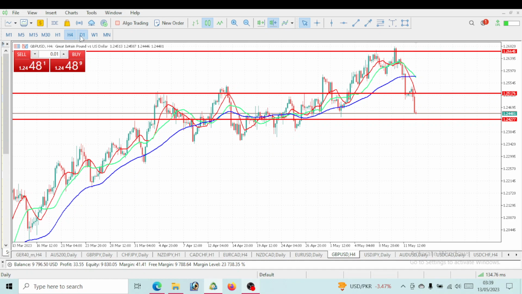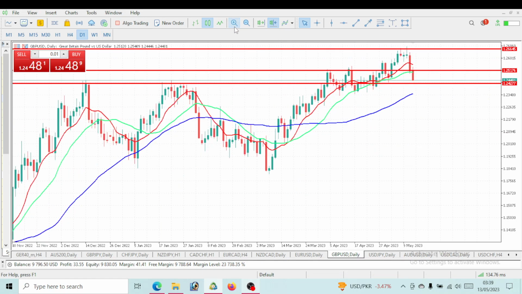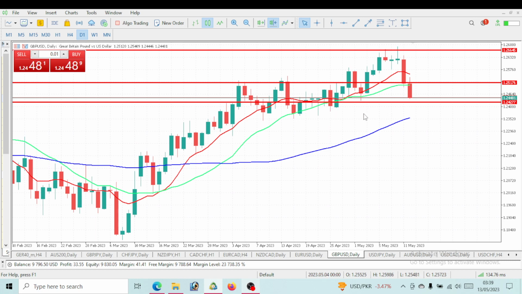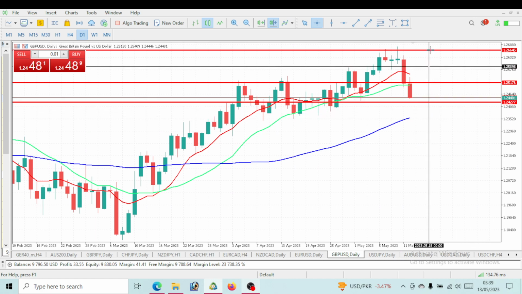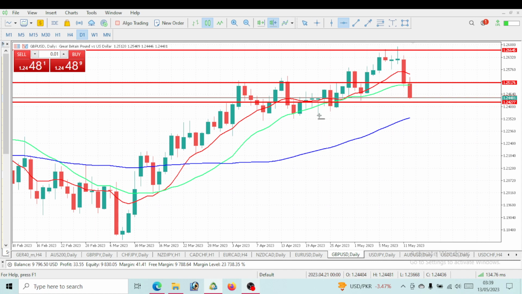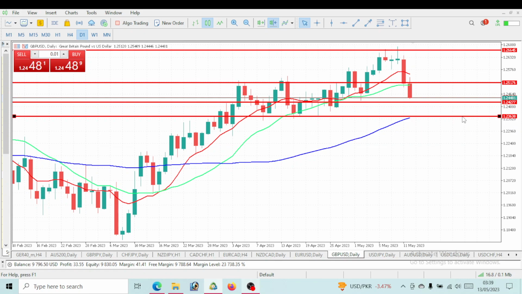So for this week, if you have to take a buy, probably on Monday or Tuesday, I'll be looking to take a buy at probably this level. Let me highlight the level for you guys properly. There are two levels I'll be aiming to take a buy: a level of 1.24277, or a level of 1.23638. This is the better level I will probably be watching to take a buy, just as a form of